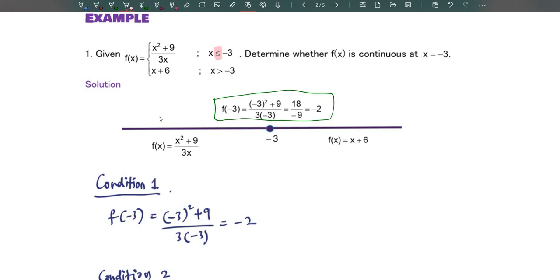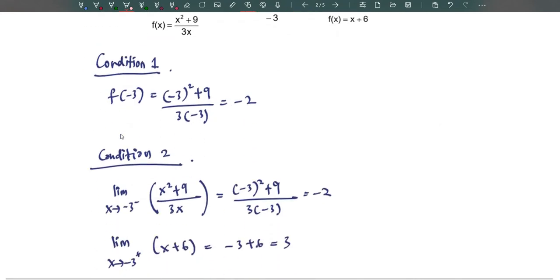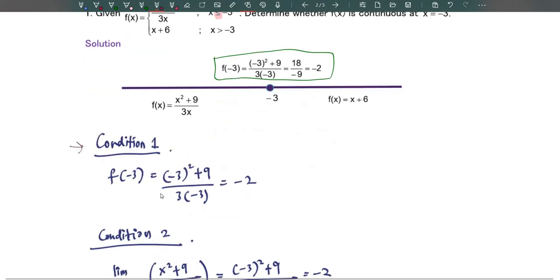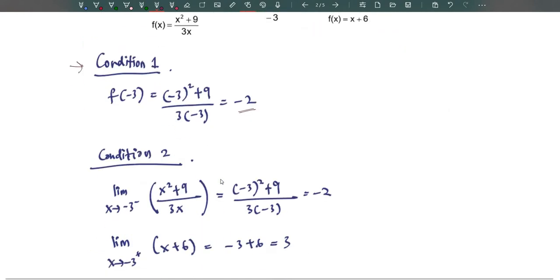Next, remember, please follow these steps. It is compulsory to do condition by condition. So the first condition is this one. We need to determine whether the value of y at x equal to -3 exists or not. So we calculate f(-3). We use this function because the inequality has equal to -3 here. (-3) squared plus 9 divided by 3 times -3, which is equal to -2. And next,